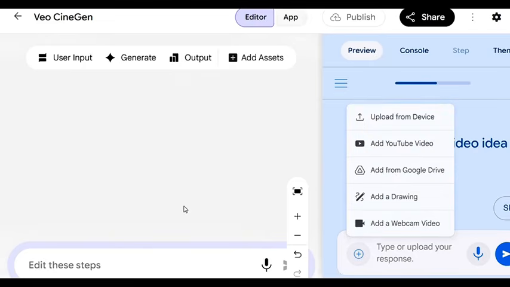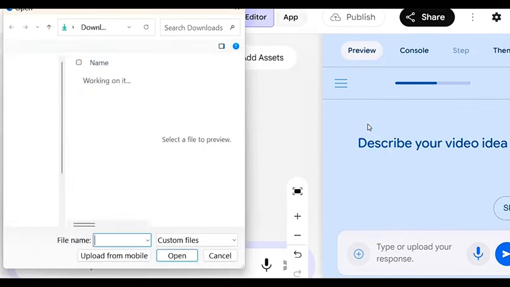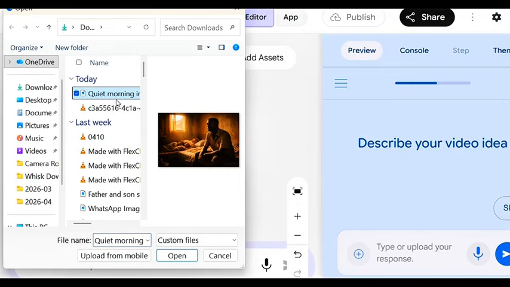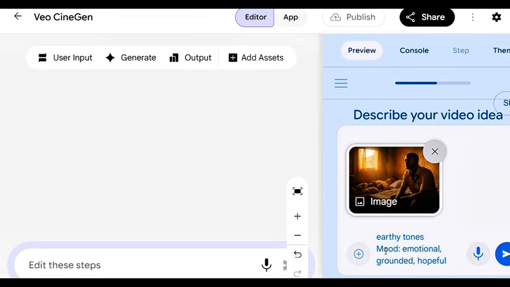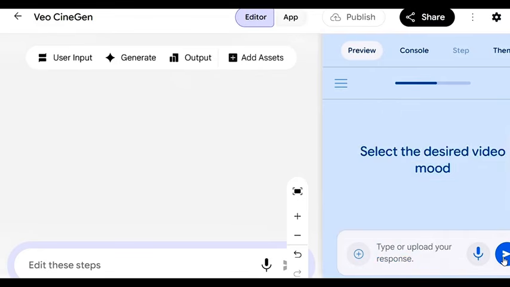When you click on the plus icon, it's going to bring you to an interface like this. You click on upload from device. So we are going to upload from our laptop. This is the image. Then you click on upload. Now the image has uploaded. Then the next thing we are going to do is to paste our prompt here. We paste our prompt, and the next thing we click on continue,